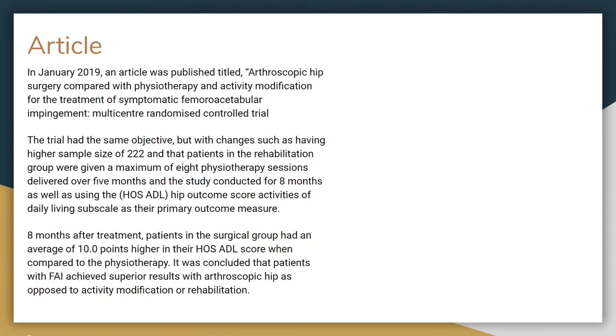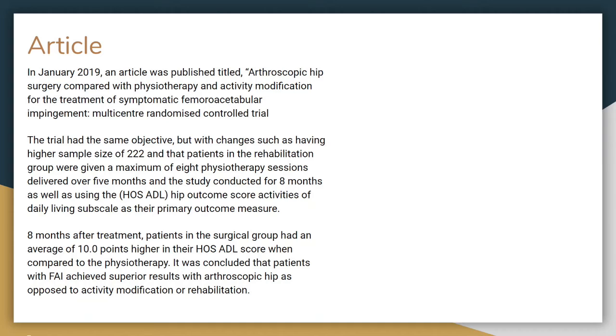However, in January 2019, an article was published titled Arthroscopic Hip Surgery Compared with Physiotherapy and Activity Modification for the Treatment of Symptomatic Femoroacetabular Impingement, a multicenter randomized clinical trial. The trial had the same objective, but with changes such as a higher sample size of 222 patients,